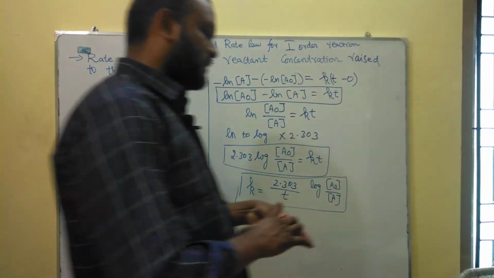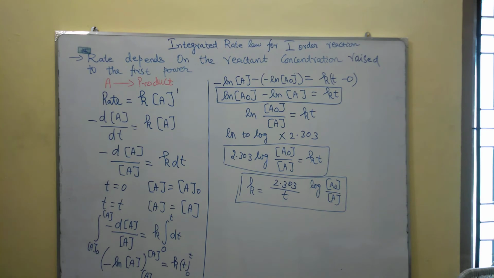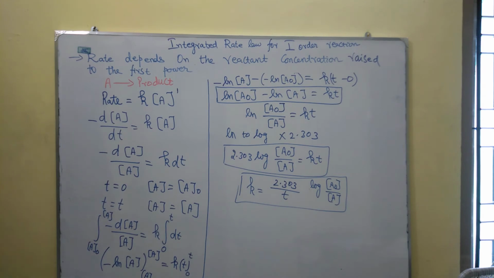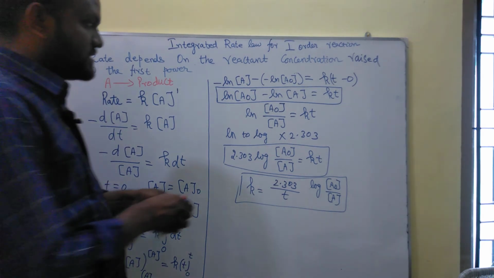Now we are going to convert this into the graphical representation. For graphical representation, we have to take the logarithmic form equation, which looks just like a straight line equation. ln A0 minus ln A is equal to kt. It is in the straight line form of equation. We just modify this equation on the basis of ln A, so ln A is equal to,